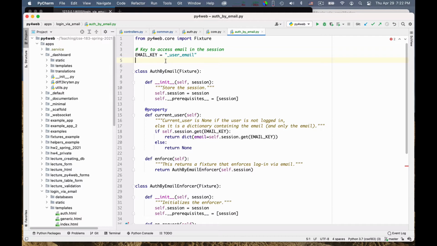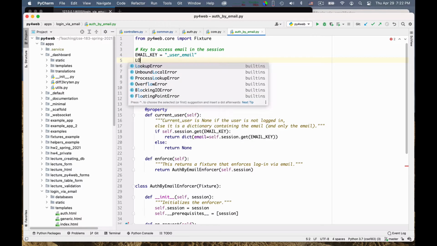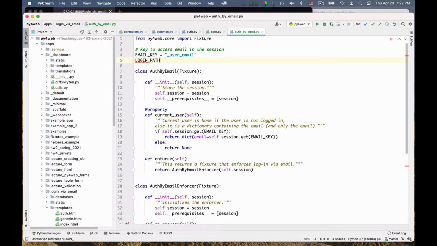Everything can be improved, but login path, and let me simply say that it is auth by email, actually without the slash. So this is the path at which the controller will be exposed that will enable me to log in.